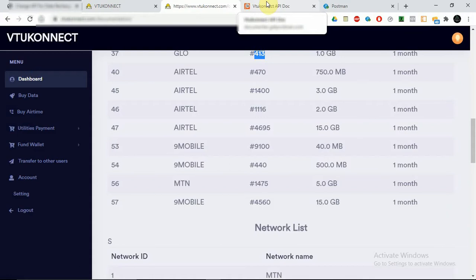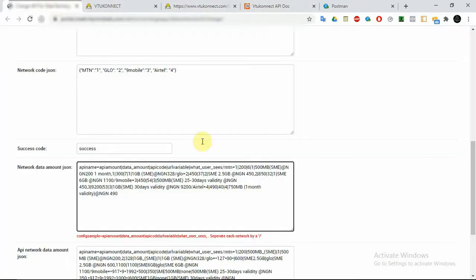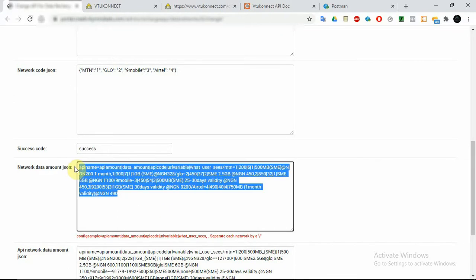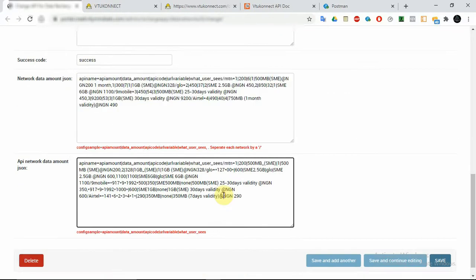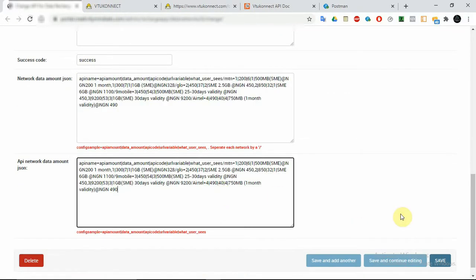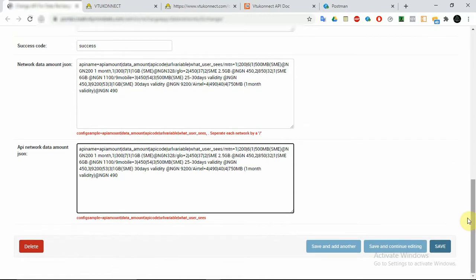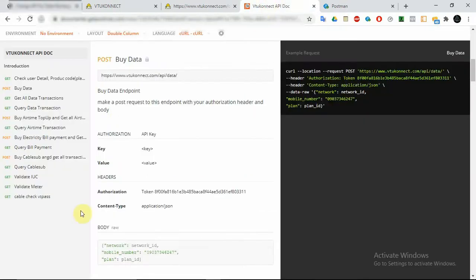I don't think you would expect me to do everything that way. So I'm copying this whole thing now and I'm pasting it here just the way it is, exactly. So I think that's that. Then we can now save. But before we save, we need to know the success response of this